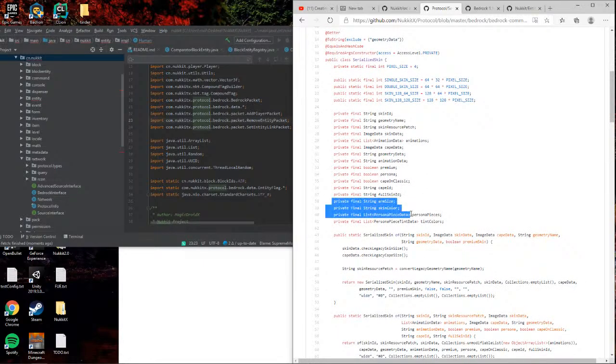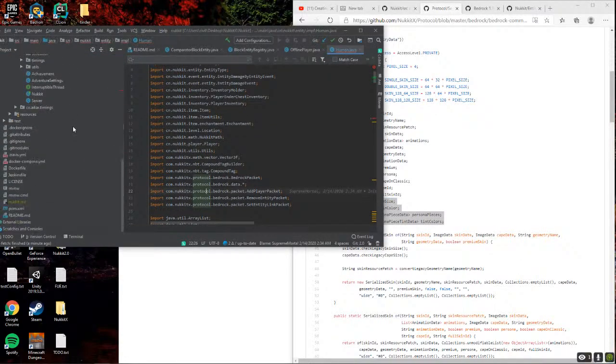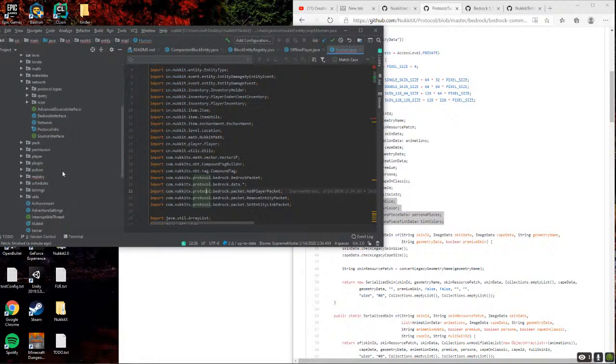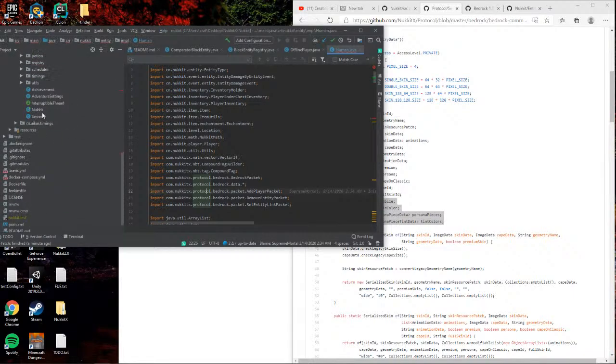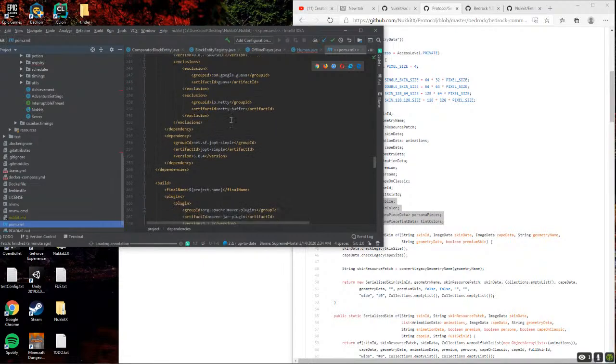Arm size and skin color. It's added. All of these are added in the new version, but I don't believe that it's updated to the new version. So what I think I'm gonna have to do, let's look at the POM real quick.